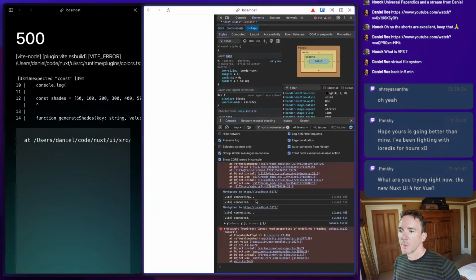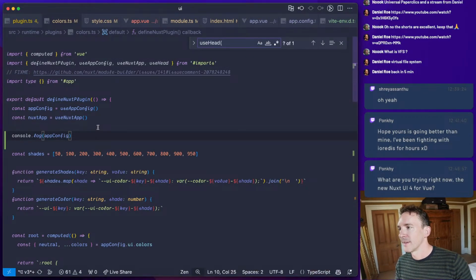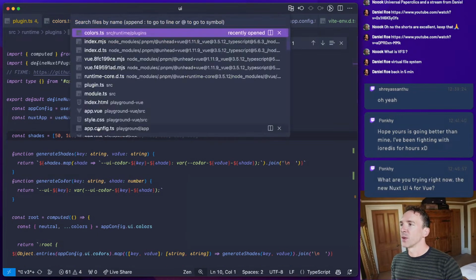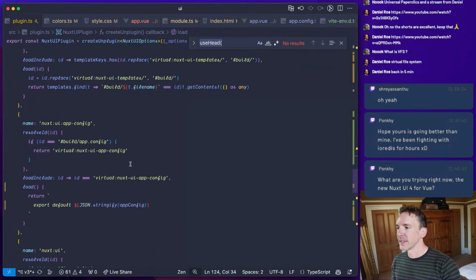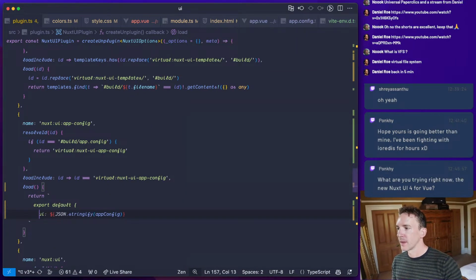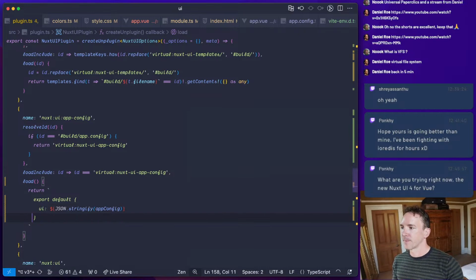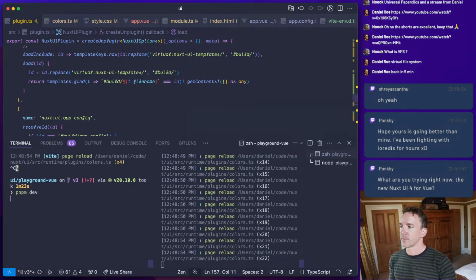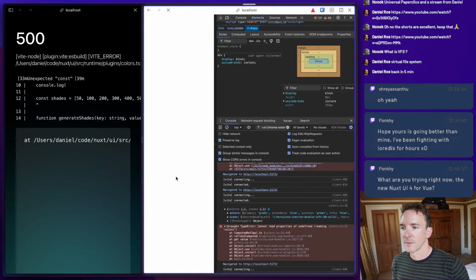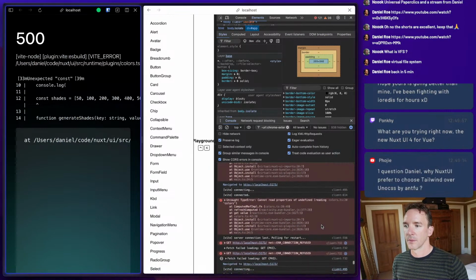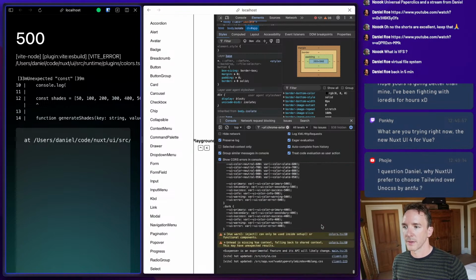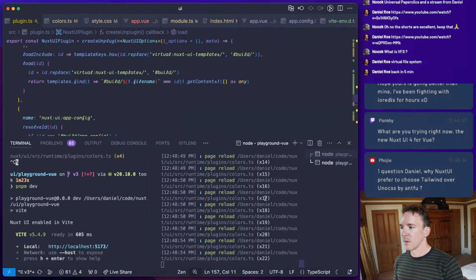Okay, so the issue here is that I'm returning app config like this, but it in fact should be UI like that. Okay, let's try that. Great. Okay, that is now what we were expecting.